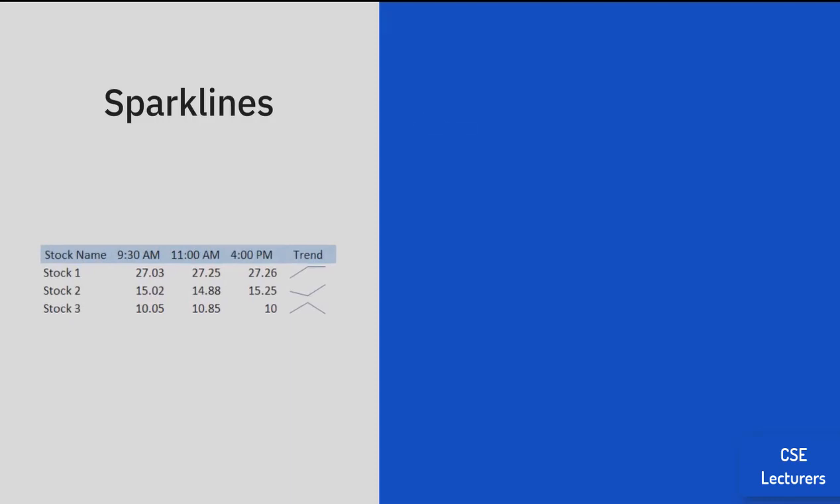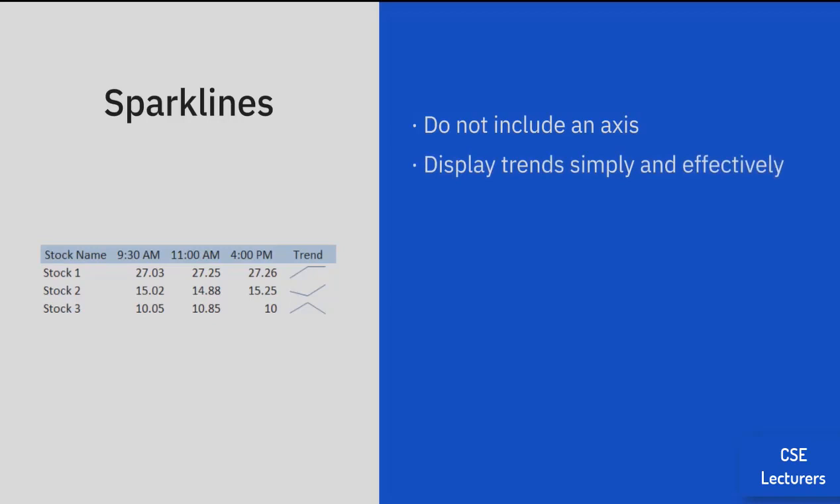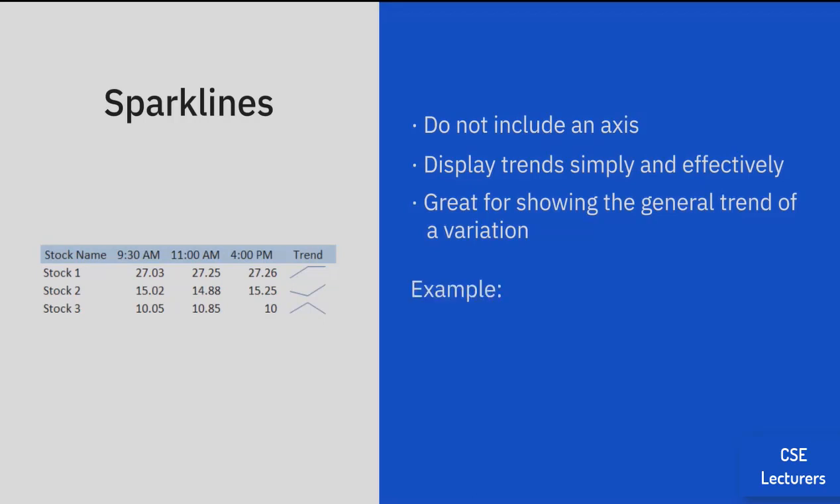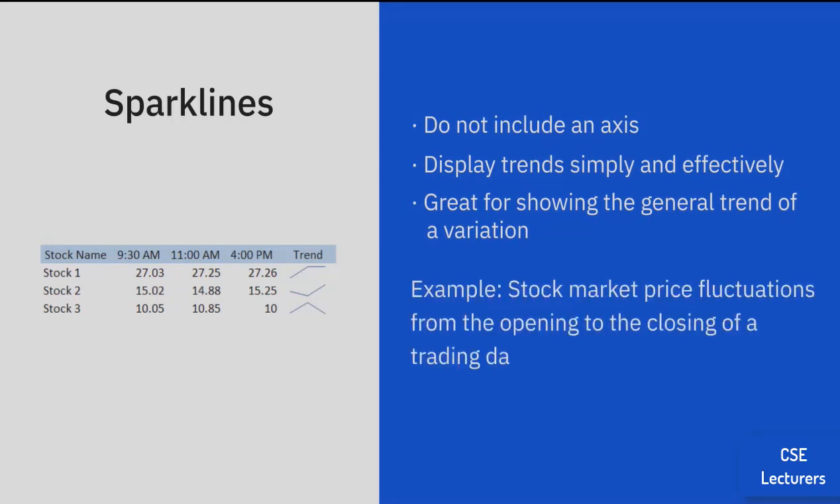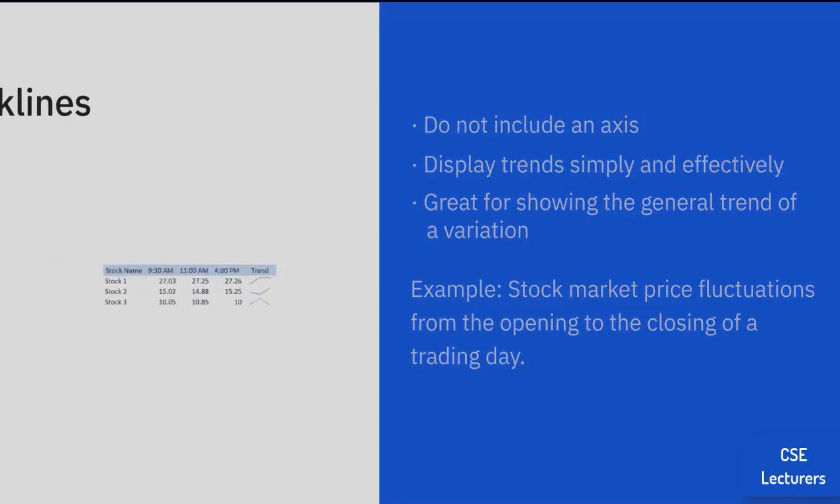Lastly, we have sparklines. Sparklines do not include an axis or coordinates, yet they display trends simply and effectively. These are great for showing the general trend of a variation. For example, stock market price fluctuations from the opening to the closing of a trading day. In this video, we